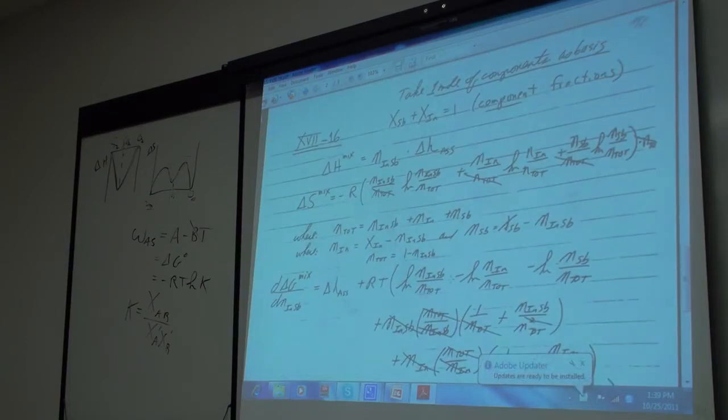I worked it out this way. I did it per mole of overall solution. X antimony and X indium are the overall component fractions. Nothing to do with the structure, just you're mixing antimony and indium. Okay, and the sum's 1, so I'm doing it for 1 mole of components. The heat of mixing then is equal to the number of InSb associates times the energy of forming them. The entropy of mixing then is the mole fraction of the associates times ln mole fraction of the associates plus